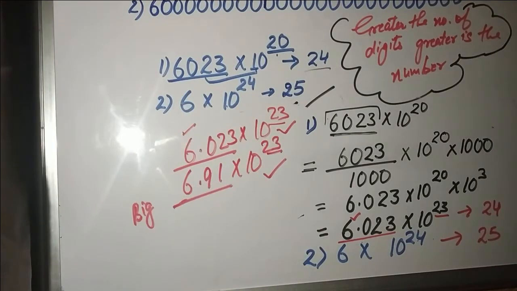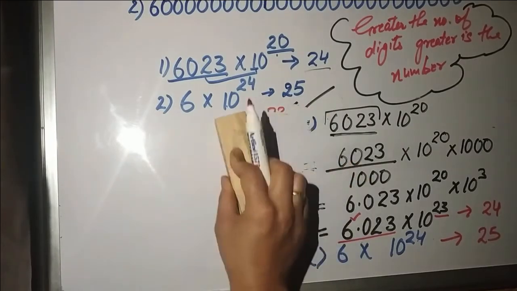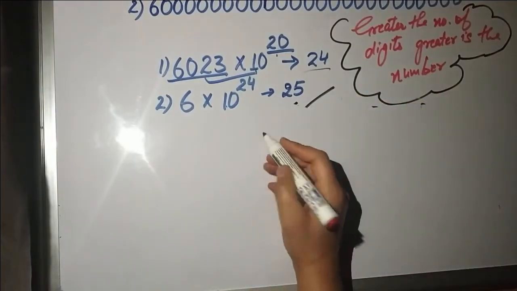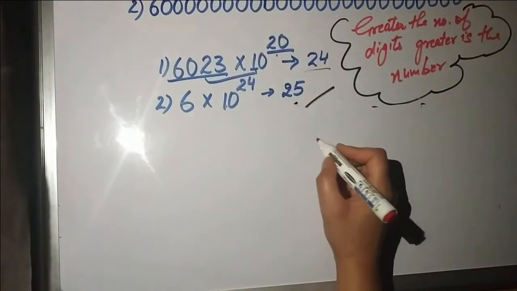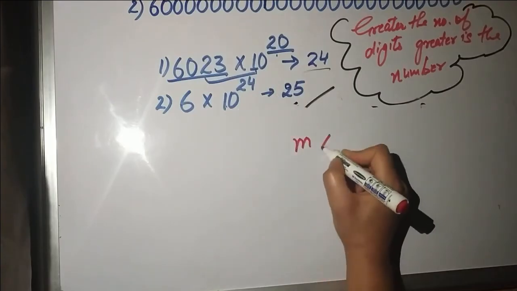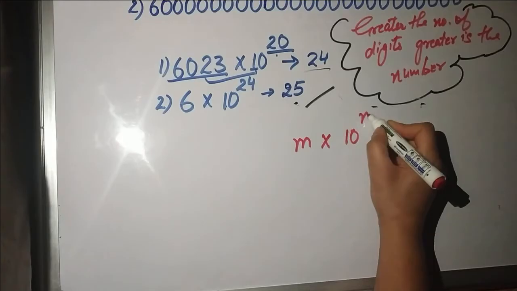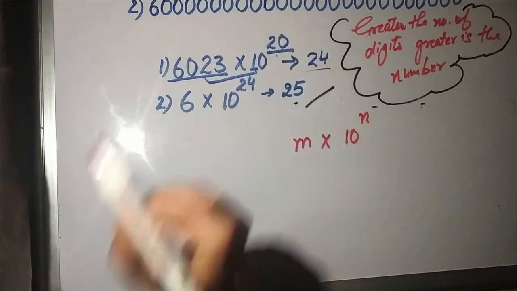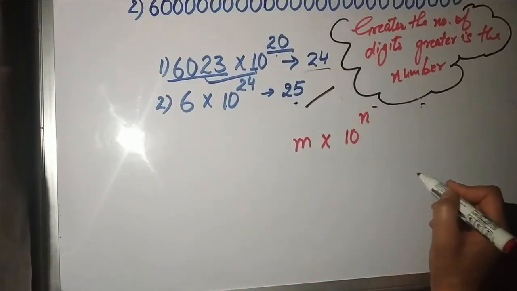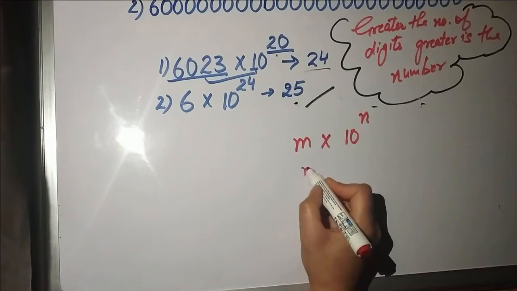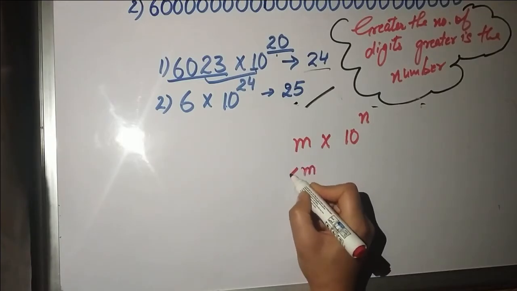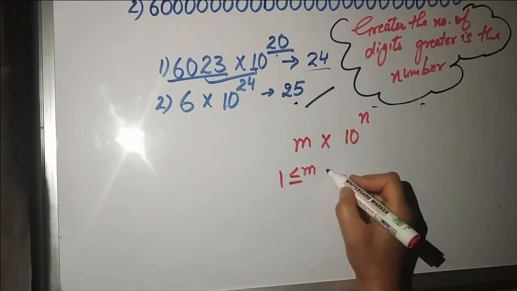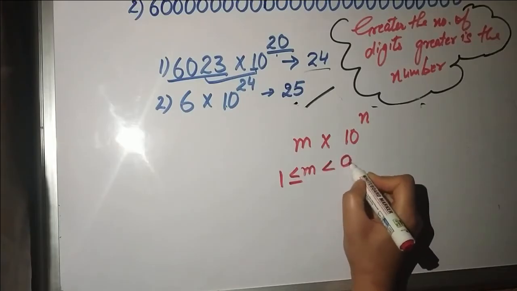But we change the big numbers into an exponential form. Which type of exponential? If I generalize it, all big numbers are converted into m into 10 raised to power n form. But what form was this which I just erased? There, m should be greater than or equal to 1 and it should be less than 9.